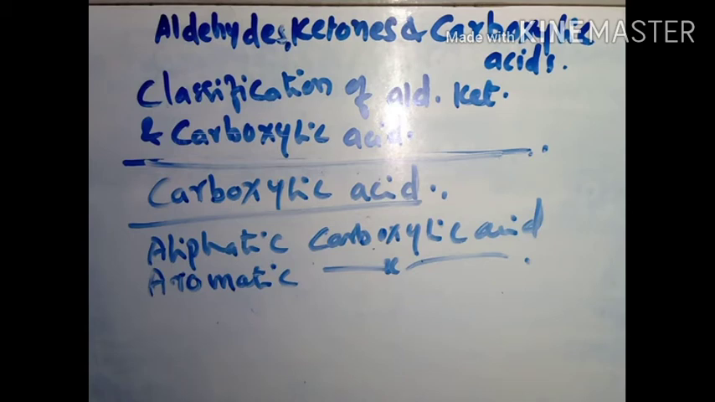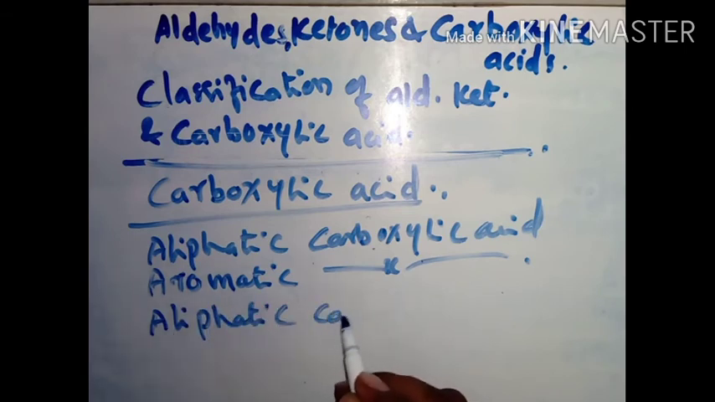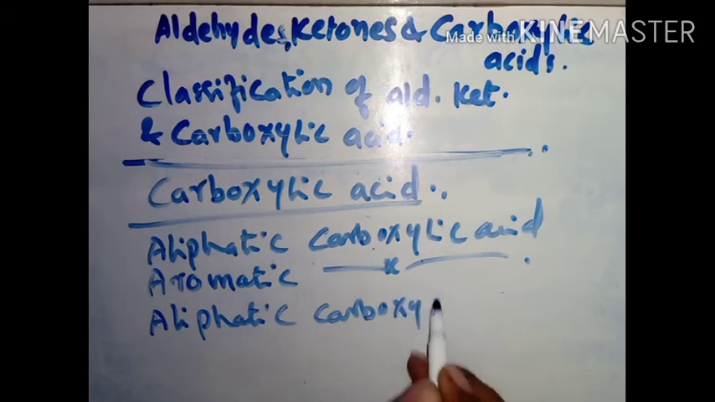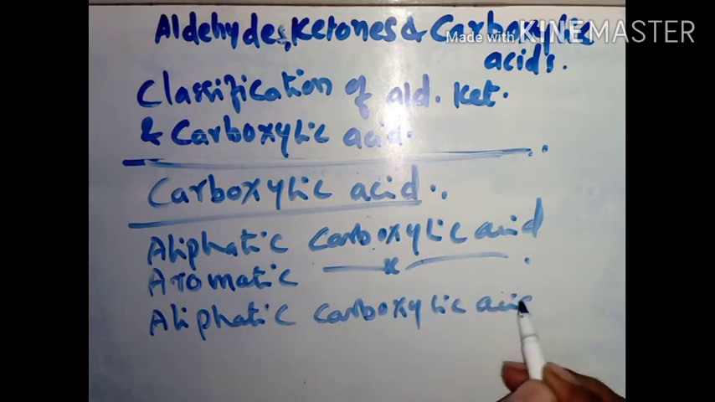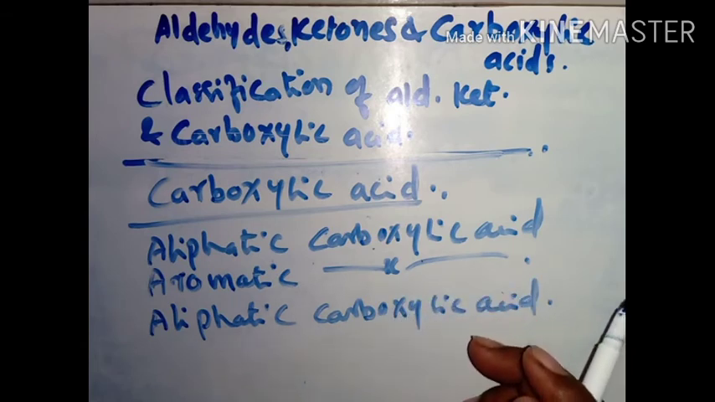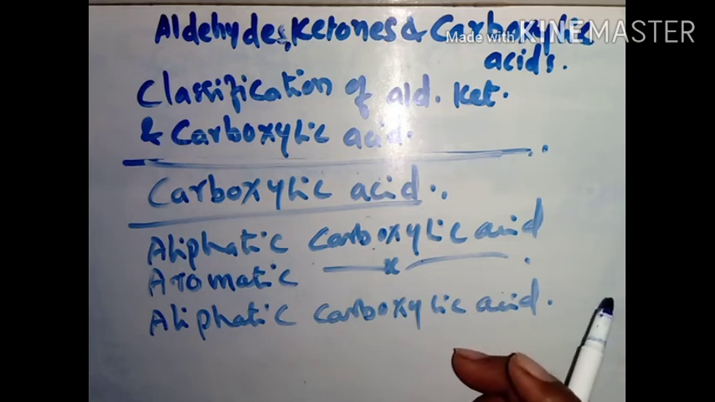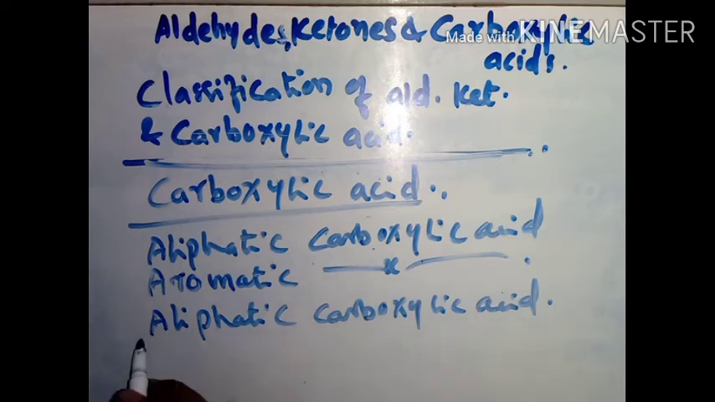Now what is aliphatic carboxylic acid? The organic compounds in which a carboxylic acid or carboxyl group is bonded to an alkyl group are called aliphatic carboxylic acids. These are the organic compounds